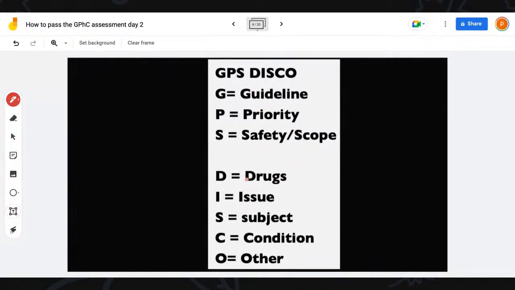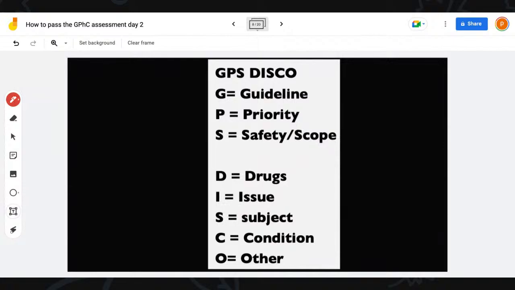The first thing we're going to look at is all these analysis questions. You have to highlight and look at the drugs. The drugs will give you some information. The GP is going to put some drugs, so watch out. Some drugs might tell you the patient is diabetic. They could tell you the patient is hypertensive. That is important information. The questions are going to have an issue. So what is the main issue? What is this patient coming in for? What are the presenting symptoms?